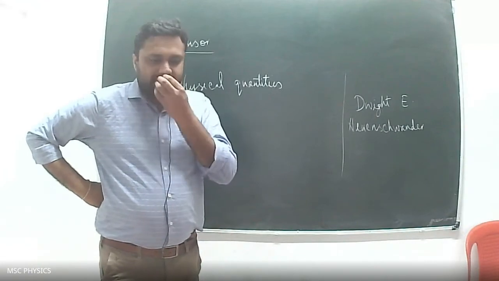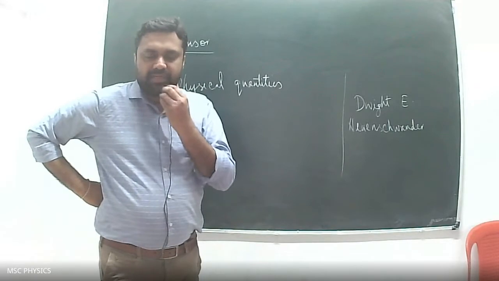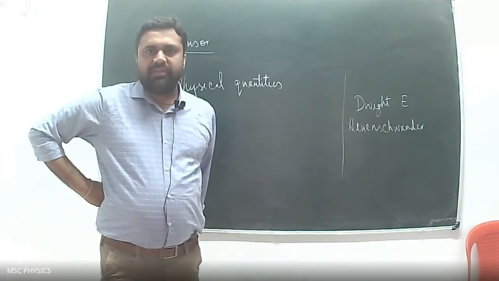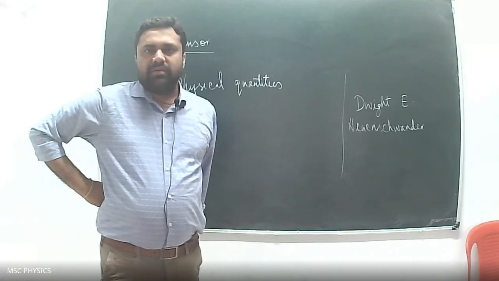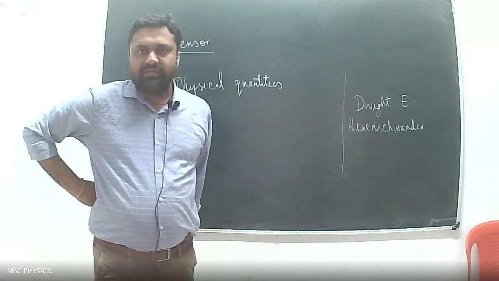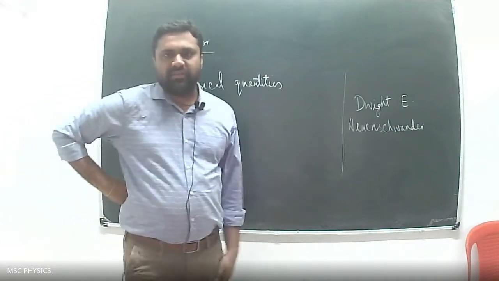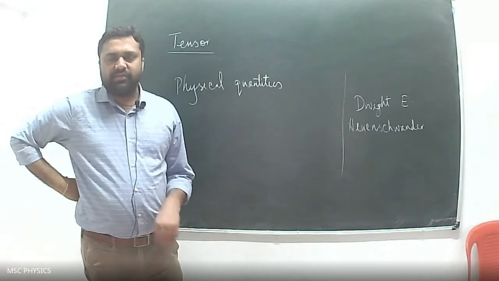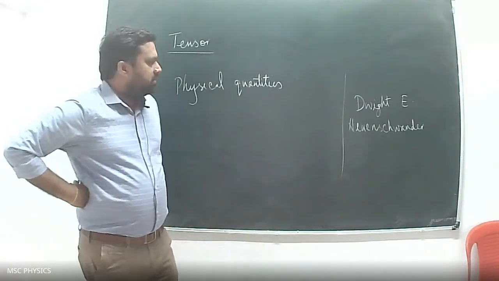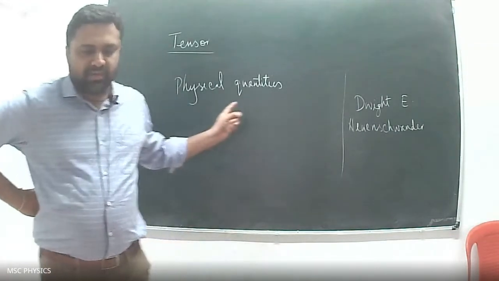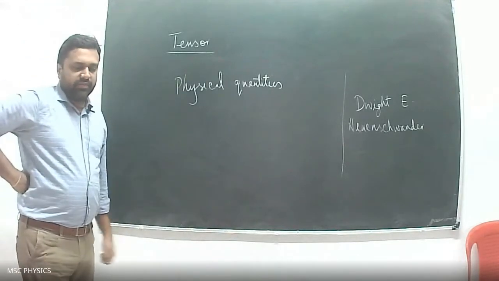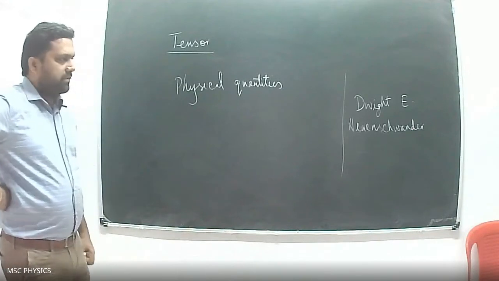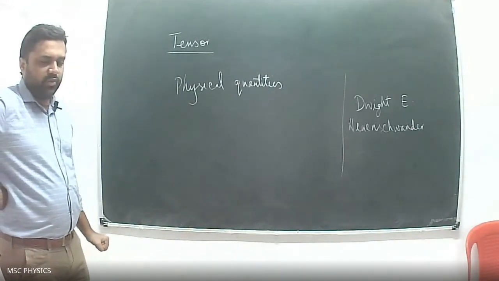People talk about it. It is there for the arts and humanities people. They write lots of poetry on love. But for physics, it is difficult to, first of all, quantify what love is, how much one loves another one, and also, what is the definition of love? Does it really exist? What could be the unit? So those kind of things are not for us. We are interested in the quantities which we can measure, which we can observe. So so far we came across two kinds of quantities: